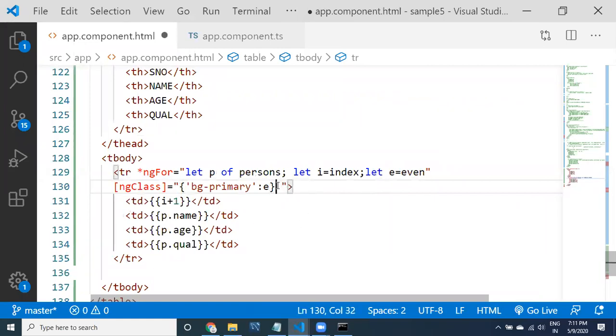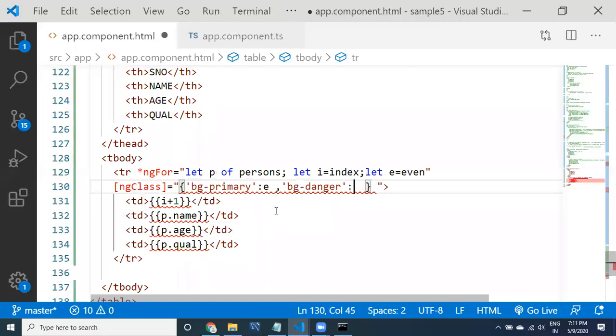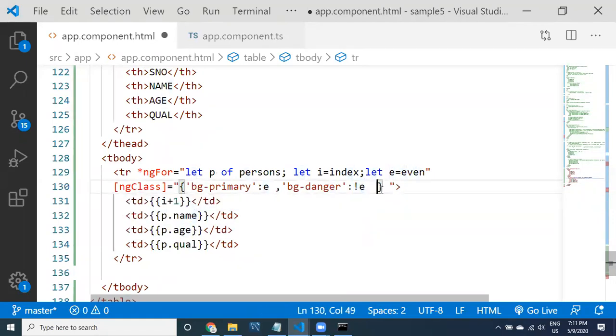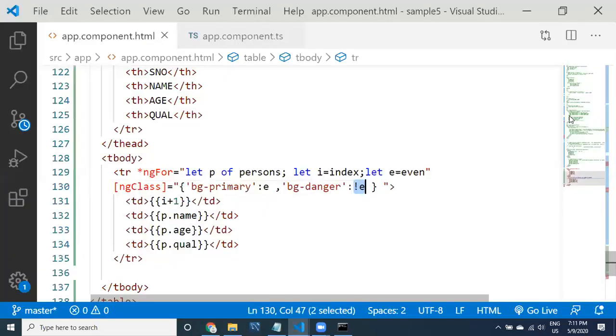Here itself you can apply that in two ways. One way is within the JSON, and what is another? bg-danger is a class. When we have to apply it when it is an odd number, not even, so you can apply not e. See here guys, you can apply not even. If you apply not even, what does that mean? It means it is odd. You can apply like this. Just come here and check it out. Yes, it has applied like this. I have applied the concept of not.